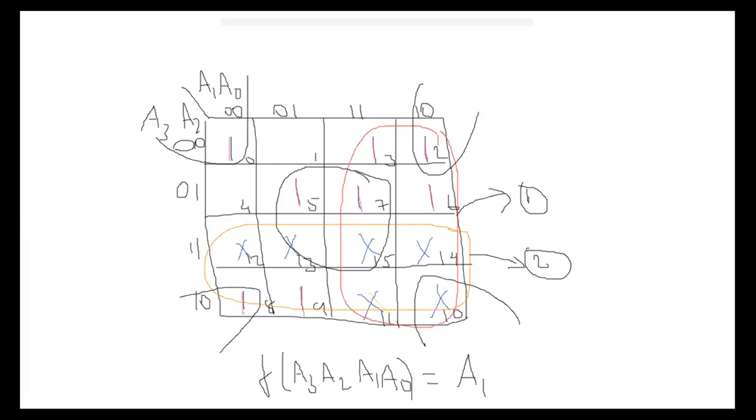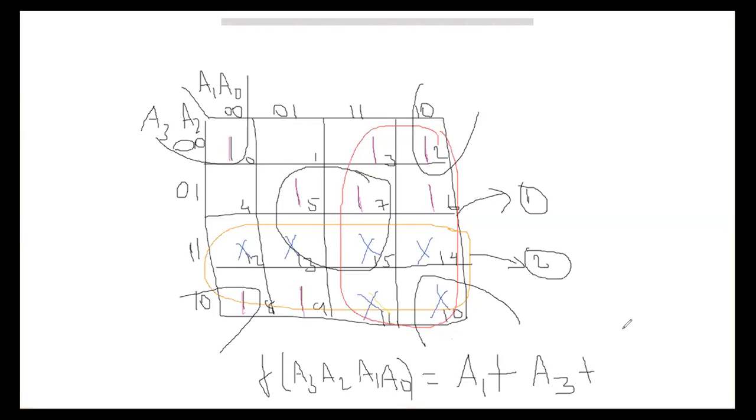If it is a 0 it means A1 bar. Plus the second, you can see the 8 box combination is horizontal. So A0 and A1 value is 1, and A3 and A2, correspondingly 1, 1 and 1, 0. There is no change in the A3. A2 changes from 1 to 0. So I am ignoring the A2, taking only the A3. A3